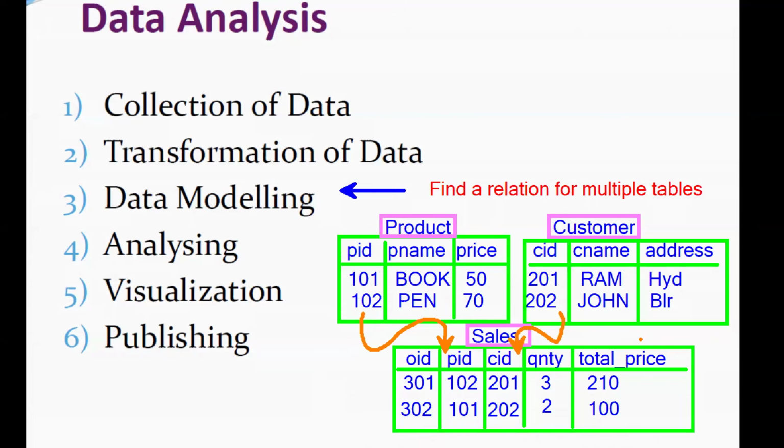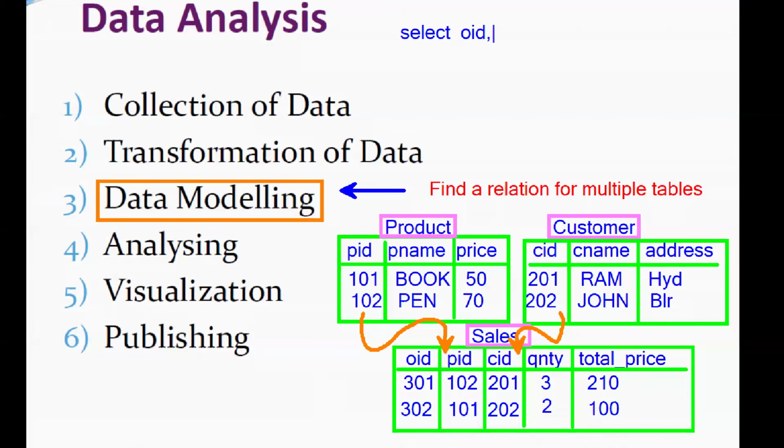So is it clear now what data modeling is? We are finding a relation for multiple tables. Multiple tables is what data modeling is. So you can gather data from multiple tables at a time. Now, for example, in a single query, I want to access data. How to get it? Select